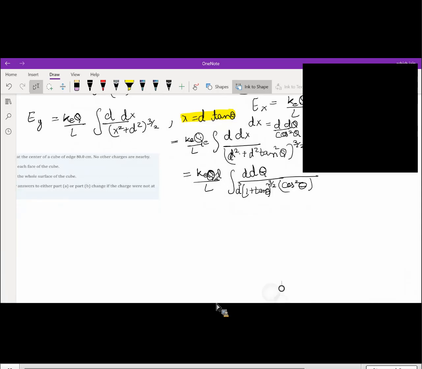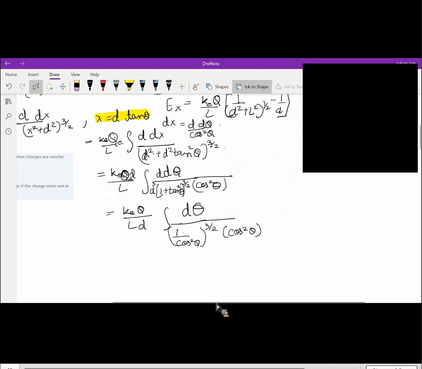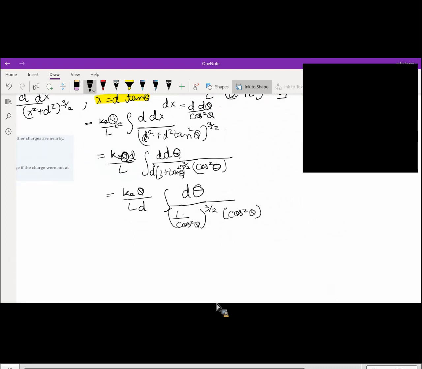If I simplify it further, I get keq by l into d theta. 1 plus tan squared theta is 1 by cos squared theta. If you don't get any step, feel free to type it. You further simplify it to